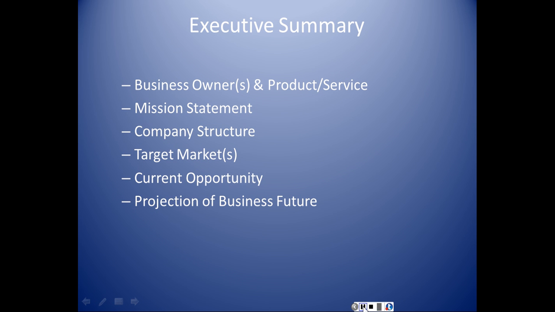Then you have to have a mission statement. And this is really important, and a lot of people don't spend enough time on a mission statement. But the mission statement is a brief description of what you will do to be successful and what your guiding principles are. Will you provide a service that provides a community focus? Will you talk about your passion for the business and the community in which you serve? Those are elements that could go inside a mission statement.